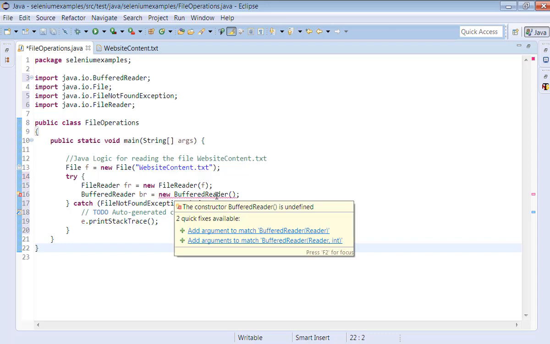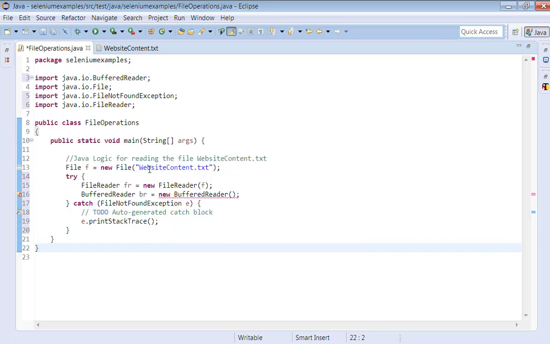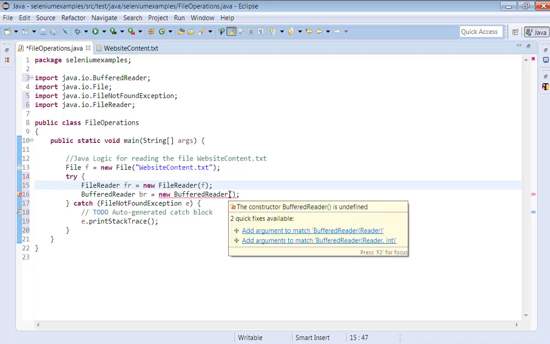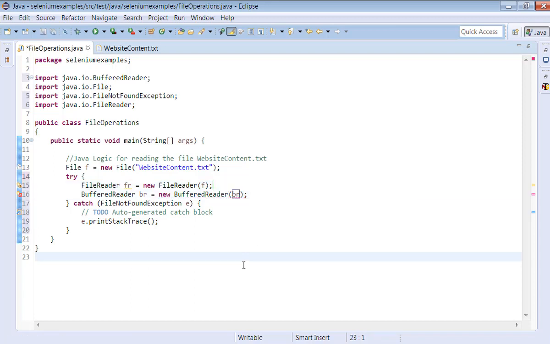So it is matching. The reader object is already created by us in the line number 15. If you look, this is the reader object. See, this is a reader object we already created. This reader object we are going to use here. We can click on the first option. It will automatically show BR.